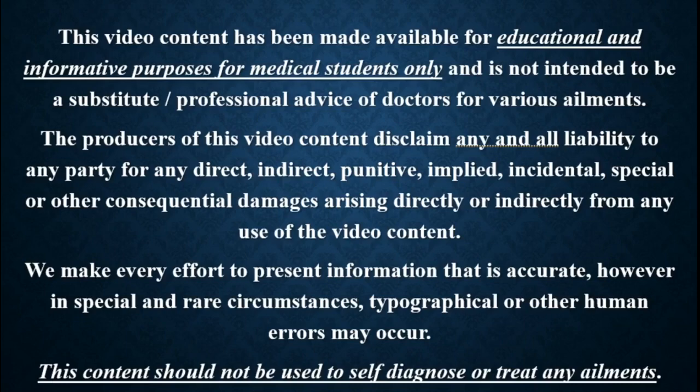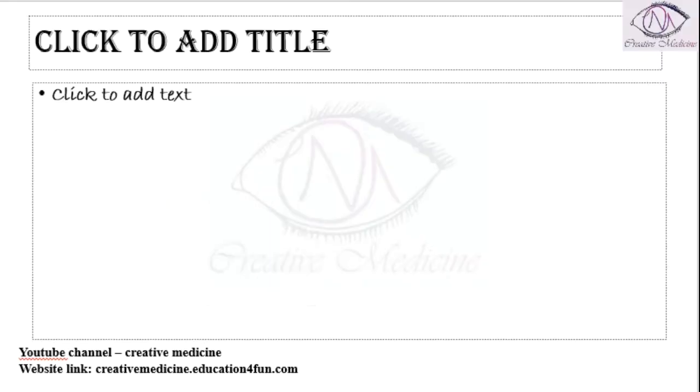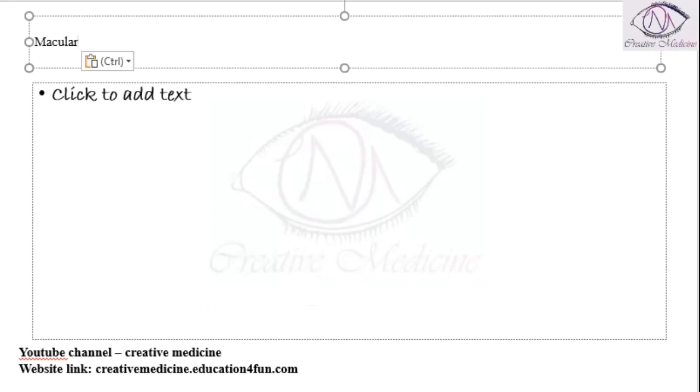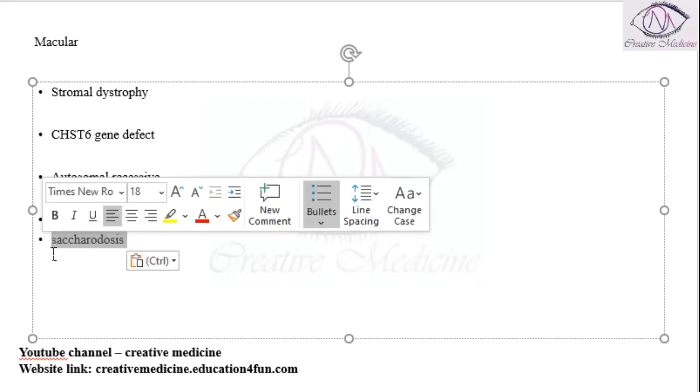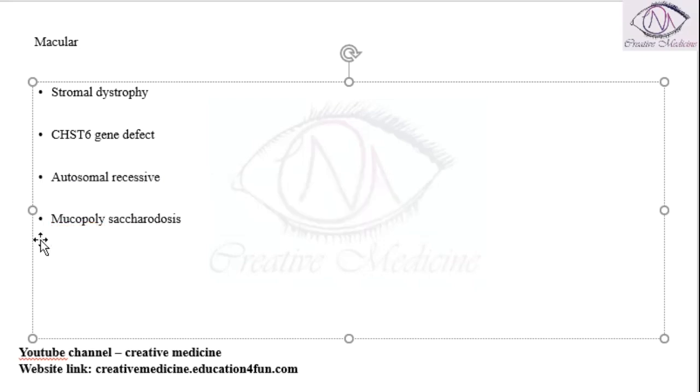In this lecture, we will learn about macular dystrophy. Macular dystrophy is a type of stromal dystrophy. It is actually a type of stromal dystrophy and it occurs due to a defect in the CHST6 gene. The gene defect will result in macular dystrophy. It is an autosomal recessive disorder, and here the deposits are mucopolysaccharides deposited in macular